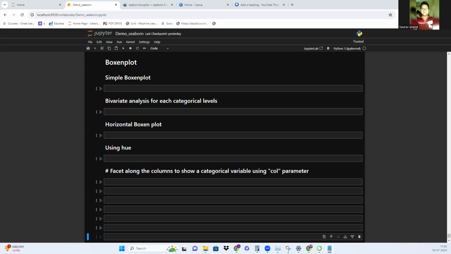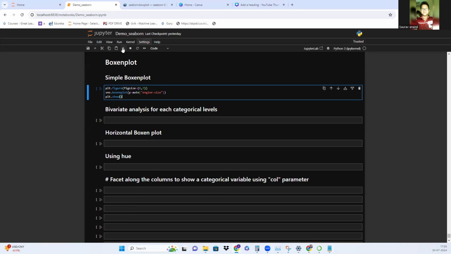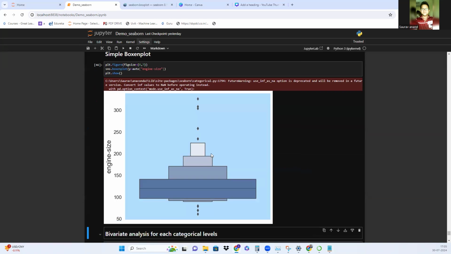So let me draw a simple box plot. And here is the code. Let me run this code. Yeah, so we can see what the Boxen plot looks like. We can clearly see that the Boxen plot looks similar to the box plot, but it is a little bit more in detail. In the Boxen plot, we can see that there are multiple layers of boxes, which gives a more detailed description of the shape of the data and how it behaves at